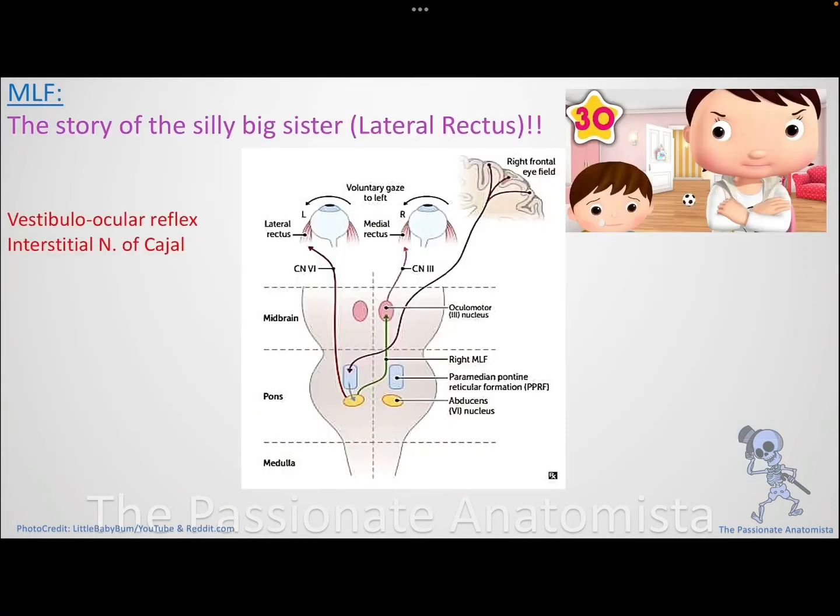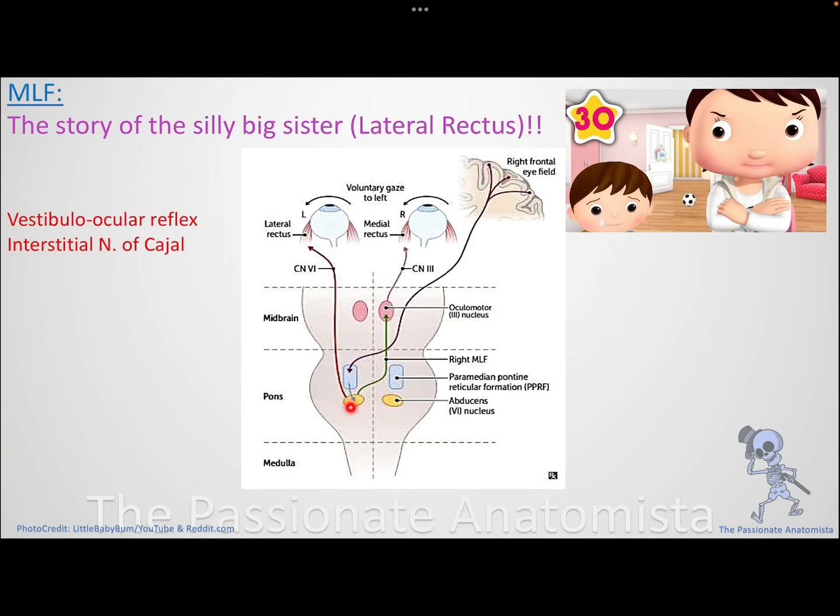Okay, so now we have a very important story, which is the MLF, the medial longitudinal fasciculus. This is a very important fasciculus that controls and connects the vestibular nuclei and many things in the brainstem. But the most important thing is the vestibulo-ocular reflex. The medial longitudinal fasciculus receives fibers from the vestibular nuclei, from the nuclei of all eye muscles, and also from the lateral lemniscus, and also from other parts of the body. And eventually,